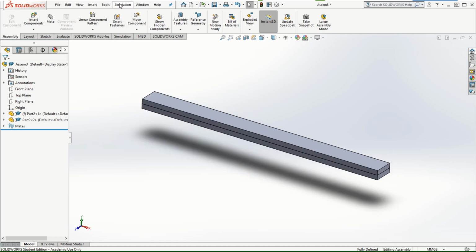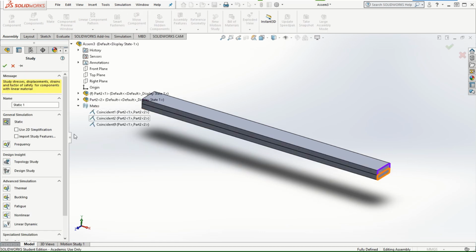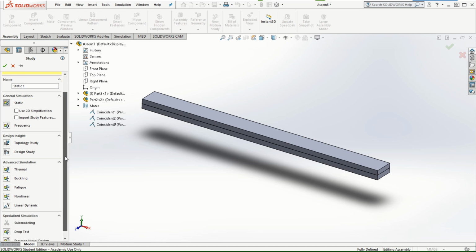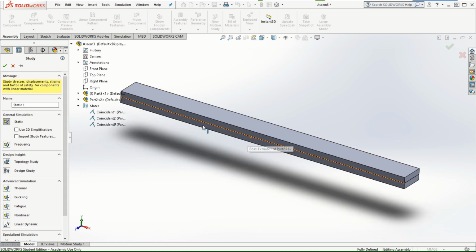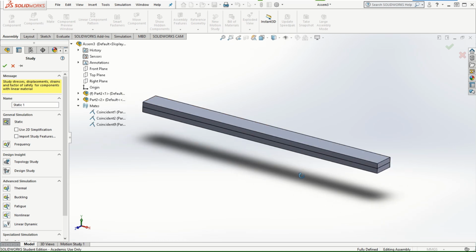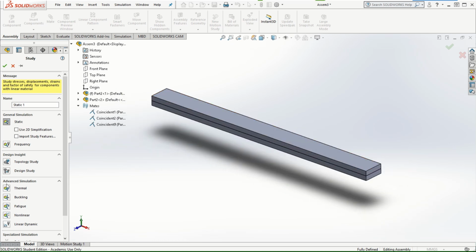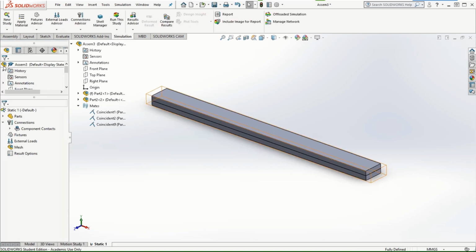the simulation. So let's start a new study. In this case, we don't really need to do the thermal simulation. The static simulation is sufficient to model the static or the steady state temperature analysis for the simulation. So we don't really need to go for the thermal simulation unless we want to do the transient analysis. But for a simple temperature load, we can just stick to the static analysis and then use the temperature external disturbance parameter from the static study itself. So I'm going to click OK with the static study,